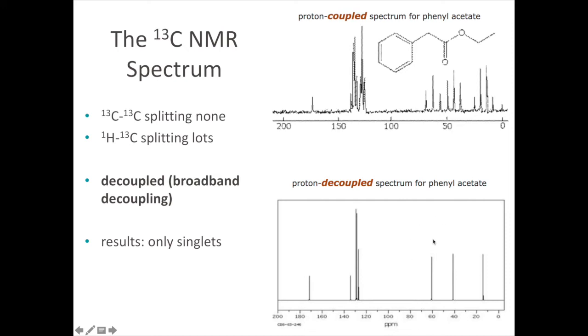This one is a lot easier to interpret, right? There are so many peaks here, you don't know what is what. Let's do another one. Let's see this carbon right here. How many hydrogens are attached to it? 1, 2, 3. So it should be a quartet, right? So it turns out this is that signal. You see the quartet pattern here. If you decouple it, it collapses back to 1. So the more useful spectrum, and the spectrum that you need to be able to analyze, is this one down here, the decoupled